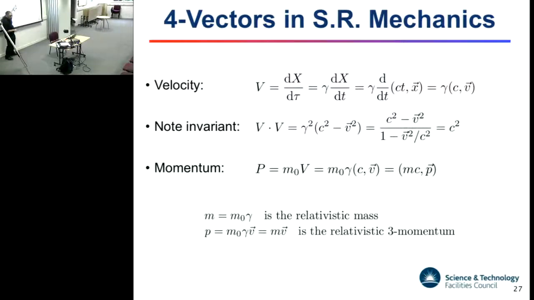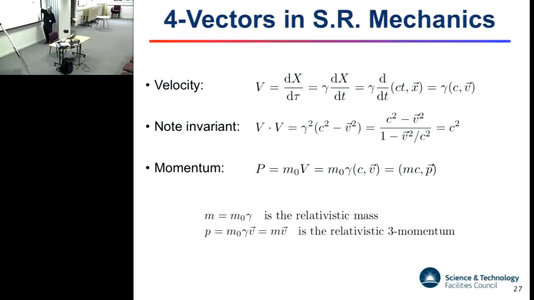Now this dot here was on the previous slide. To get the dot, you take V transpose G V, which is V dot V, where this G is this matrix -1, 1, 1, 1, and zeros everywhere else. In other words, we take